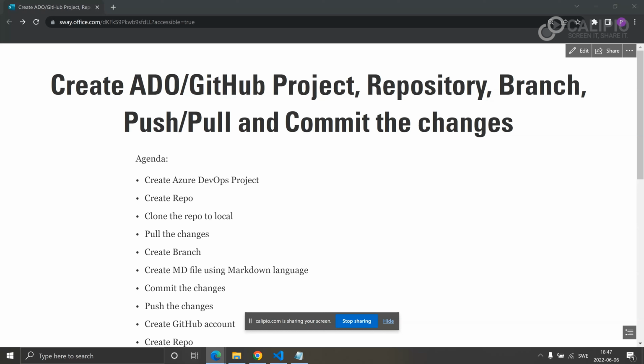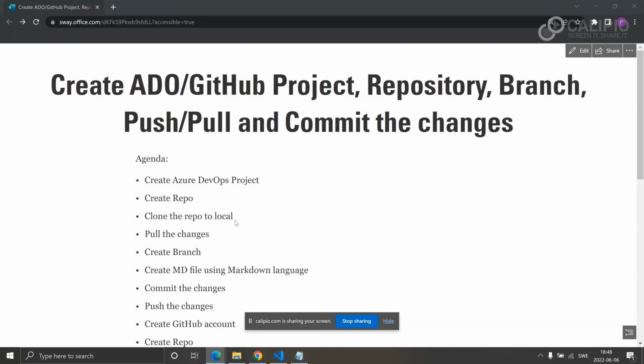This activity we're going to perform in both ways. One, we're going to use the Azure DevOps portal, or second, we're going to use VS Code. If you're not familiar with how to use VS Code, then I'm going to record a next video where we're going to talk about how you can configure VS Code, what an extension is, how you can create different configurations that could be useful for you to use VS Code effectively. But that's part of the next